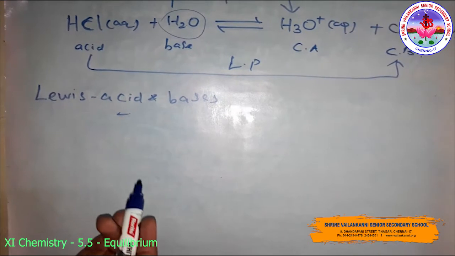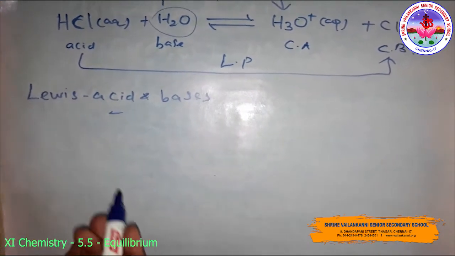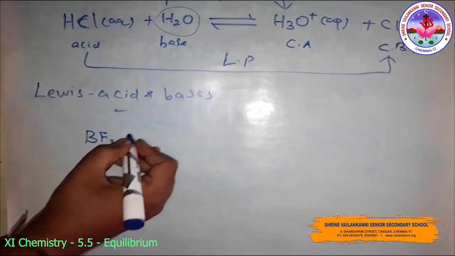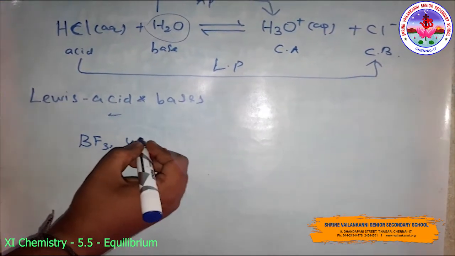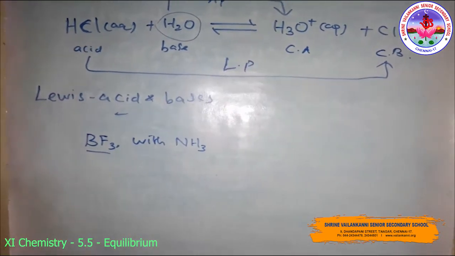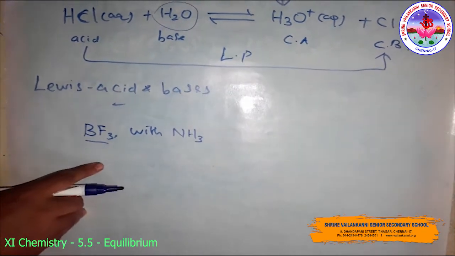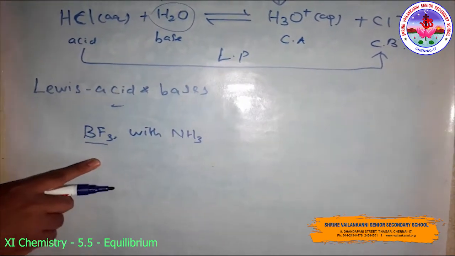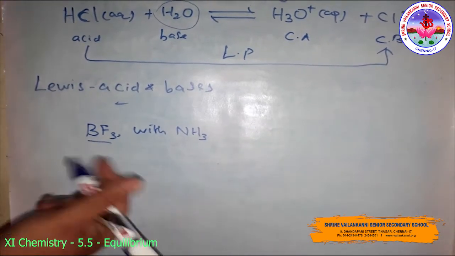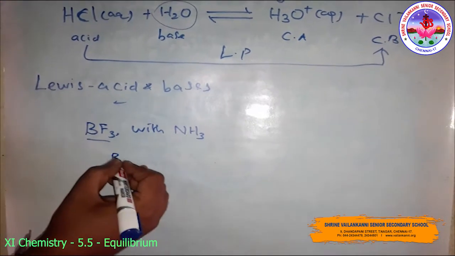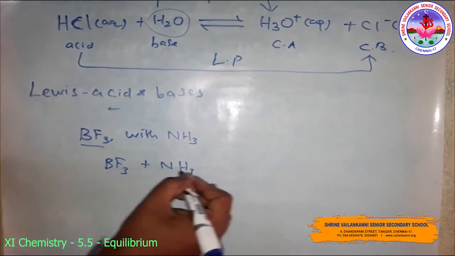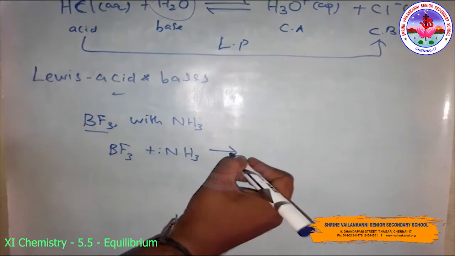However, in the Lewis concept, many acids do not have a proton. For example, BF3 with NH3. So here the BF3 does not have any proton but still acts as an acid and reacts with ammonia by accepting a lone pair of electrons. Ammonia has the lone pair of electrons, so the reaction forms